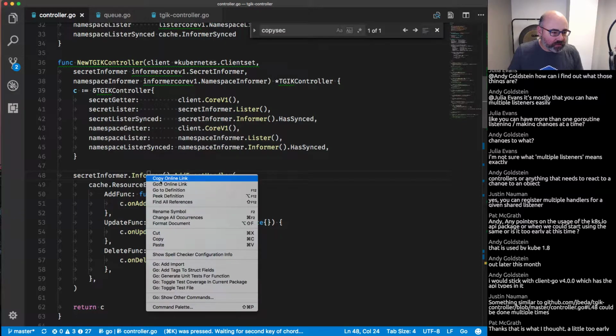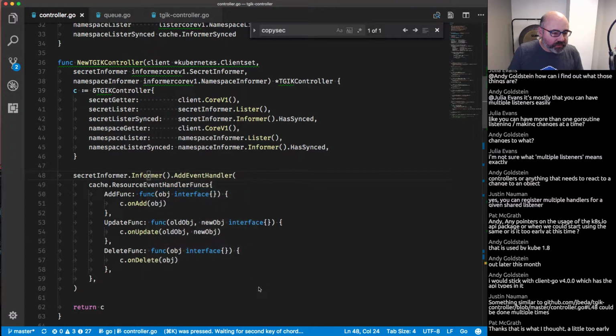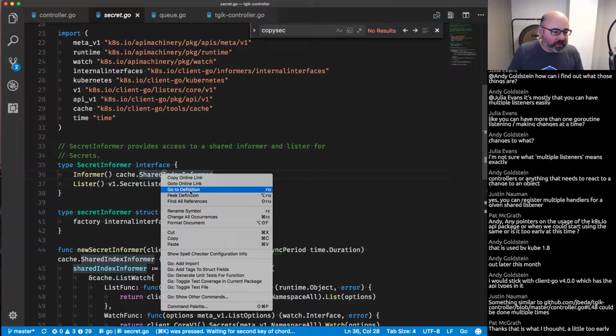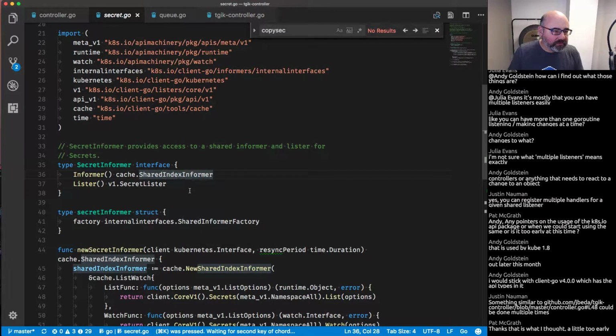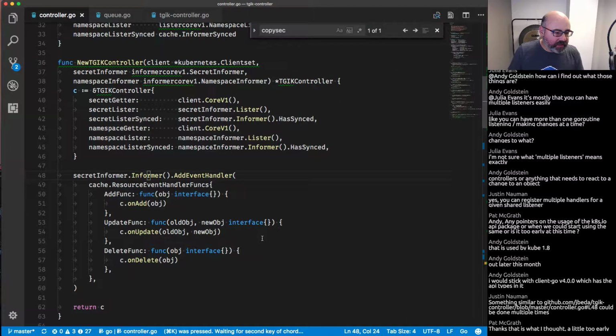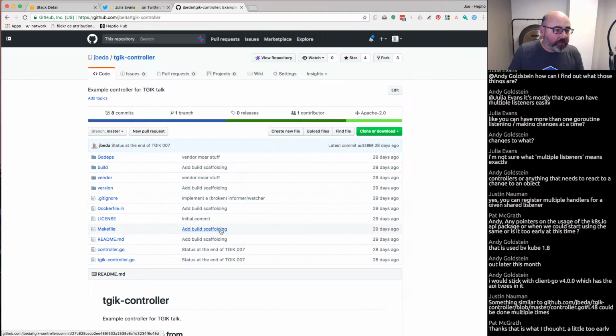But we can go to definition. Is this going to work? Maybe. No, that's that. So that's a shared index informer. Okay, we're definitely in the add indexers, get indexers. Yeah, so you can add multiple there. All right. Okay, so this is great. So now we actually